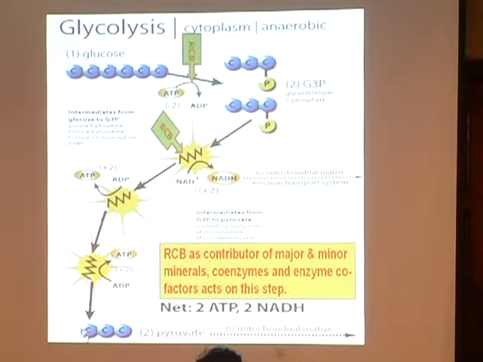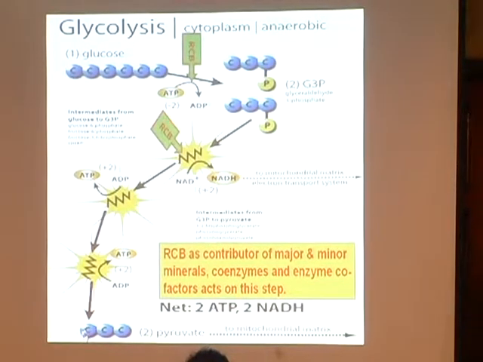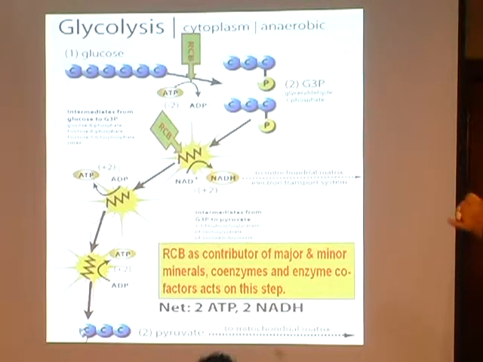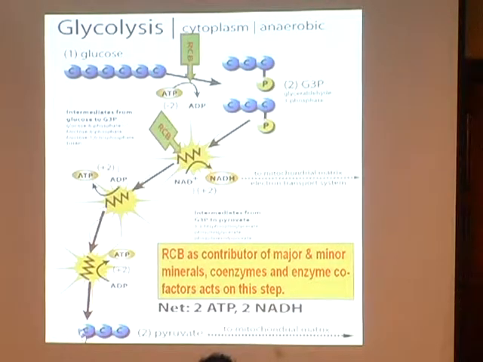NAD is converted to reduced NAD, which will enter the electron transport chain, with the gain of 2 moles of ATP. You get that plus 2 moles of ATP. And then here, another set, another ATP is produced, another plus 2 moles. And then in the whole system, you get a net of 2 ATP and reduced NADs, which will enter the electron transport chain. So the reduced NAD here is needed for the electron transport chain